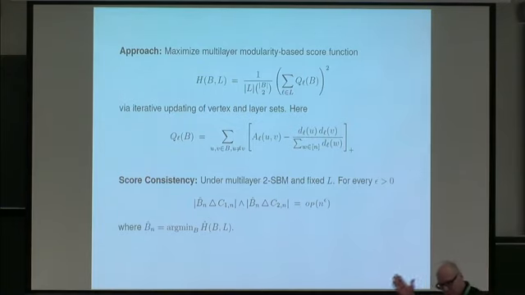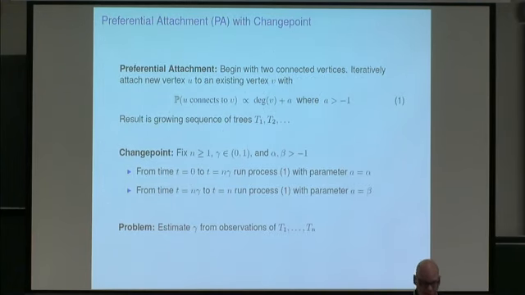Okay, so bonus material 1, bonus material 2. Versions of this have come up in a bunch of discussions that we've had. So we're looking at a very simple version of preferential attachment. With apologies to those who know much more about this than I do, we're looking at a simple model.